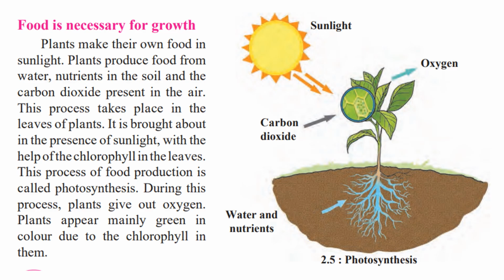The leaves are able to produce the food because the leaves have a substance called chlorophyll in it. That is the green coloring that it gets. The green color substance in the leaves is the chlorophyll. That helps the plants to produce their food with the help of sunlight, carbon dioxide, water, and the nutrients that they take from the soil. This whole process of producing food by the leaves is called photosynthesis. During this process, the leaves take in carbon dioxide, but they give out oxygen. This is how the plants are able to produce their own food, and so they are called autotrophs. That is, they produce their own food.